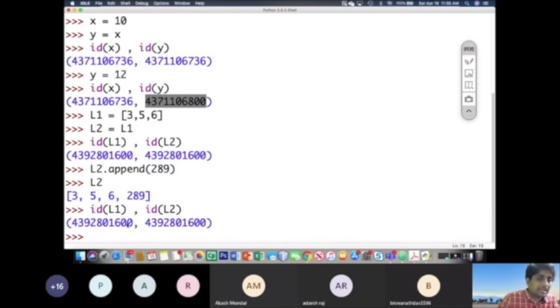But here L1 and L2 are having the same ID. That means they are having the same L values, location values. Hence, any changes made in L2 will be reflected in L1.